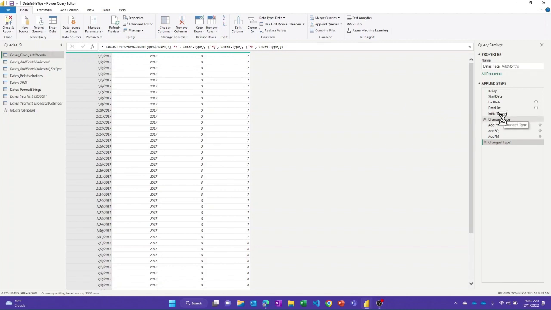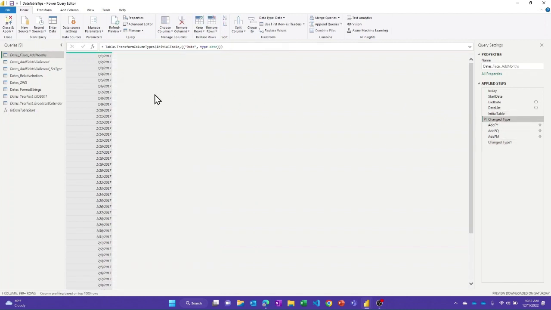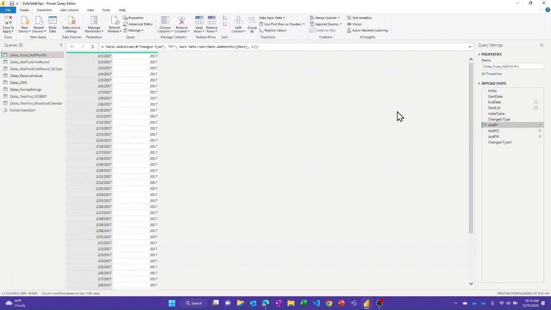So if I start here in my query where I have my list of dates, and there's different ways to generate that list of dates for your date table, it could be dynamic or static, whatever. But it's really just to use the Date.AddMonths function, or EOMONTH on the DAX side, to just shift your date on the current row out. So in this case, if I have a fiscal year that starts in July, I can just add 6 months to the date,